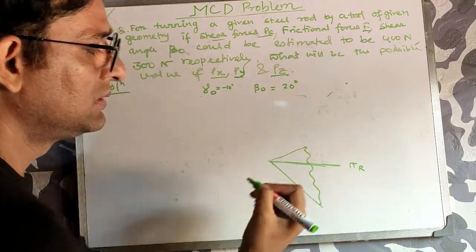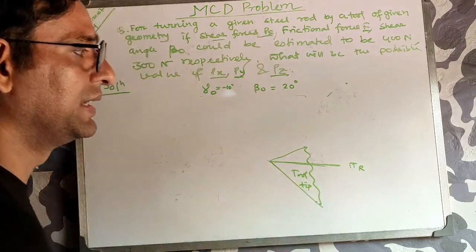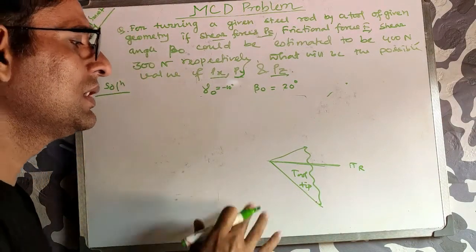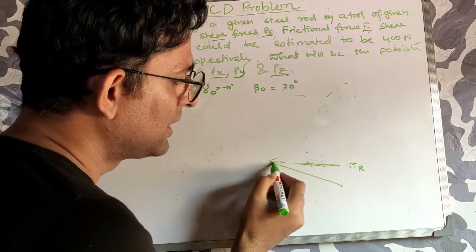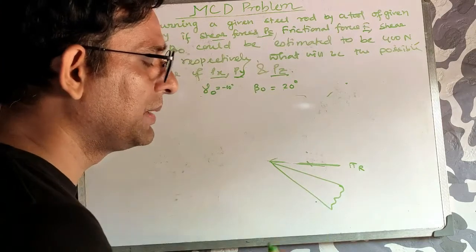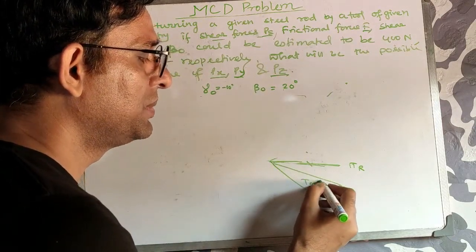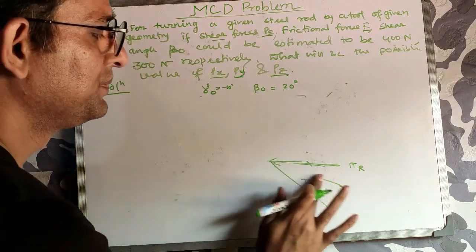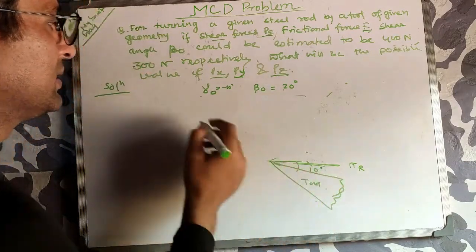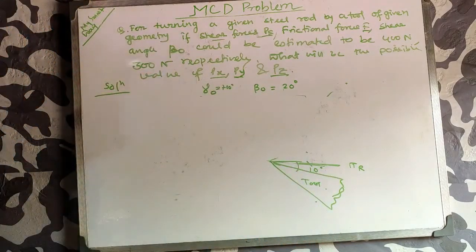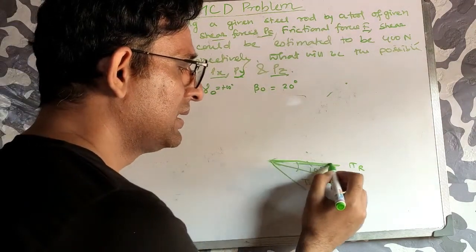So this is the actual tool tip, minus 10 degree. If it is plus 10 degree, then you can consider this will be the cutting tool. So whatever your assumption, depending upon it you can draw; if it is plus 10 degree, this will be the tool tip. According to your assumption, this is plus 10 degree. Now I am considering this as plus 10 degree. You can also assume minus 10 degree, no problem, if the data is insufficient.